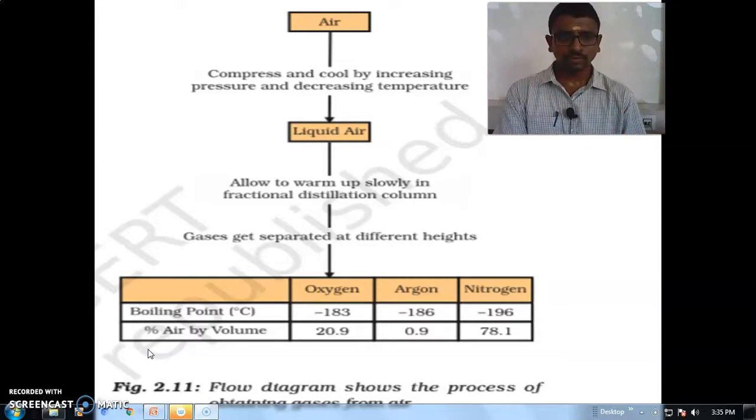First we have to convert the air to liquid air. After that, we have to transfer the liquid air into the distillation flask. So first we take the distillation flask, convert the air to liquid air in it, and after that we go for the fractional distillation. At that time we can separate the gases having various boiling points. So when we heat it, it can be separated.